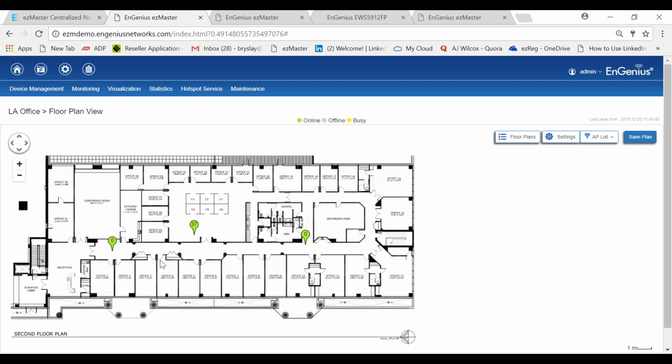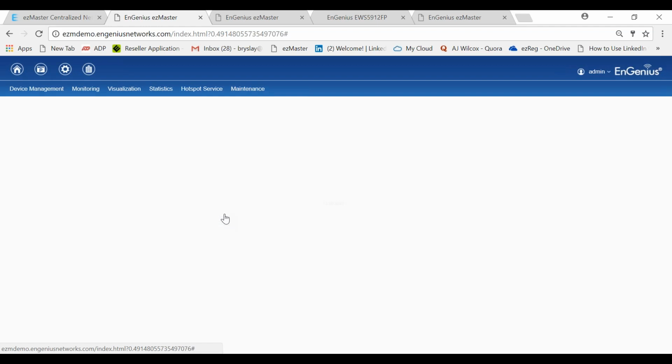You can load or upload maps of the location, and you can drag and drop icons of access points on your maps. You can have different floor maps on here, so you can add different floors. If it's a 10-story hotel, you have 10 maps, one for each of the floors, for example. In this case, this is a mock-up of our office. You see 3 access points. One of those access points has 37 on it. If I run my mouse over that, you get some quick information, but if I click on it, I can go to device configuration, remove. I'm going to go to active clients.